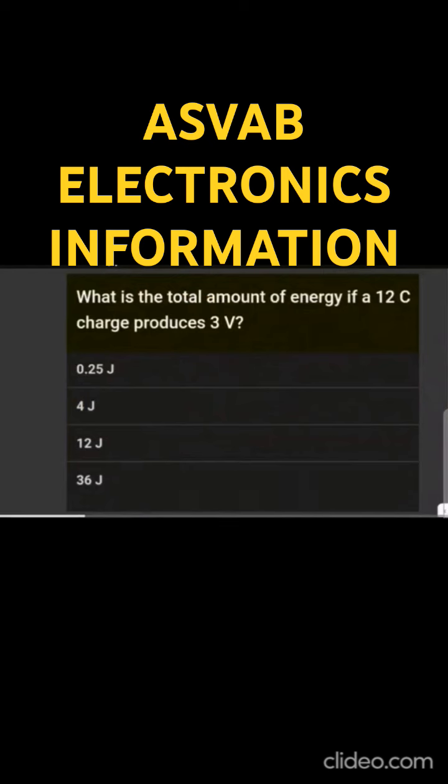What is the total amount of energy if a 12-coulomb charge produces 3 volts? Voltage is defined as 1 joule per coulomb. So that is voltage equals joule per coulomb. That we're given here the charge, which is 12 coulombs, and voltage. So we now solve for the amount of energy in joules. So that will be joules